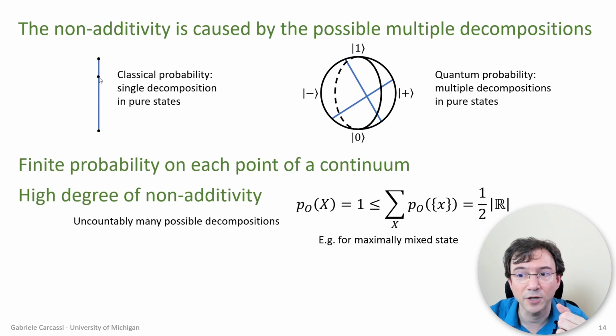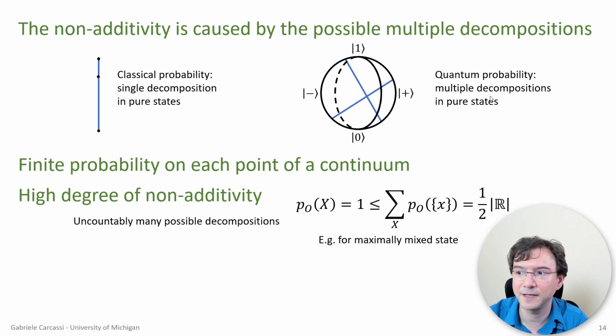If you take any point here, there are only two extreme points, and therefore you can only describe it as a single convex combination of the extreme points, and this generalizes to all other cases. Every classical probability is singly decomposed in terms of the pure states, while in quantum probability you have multiple,